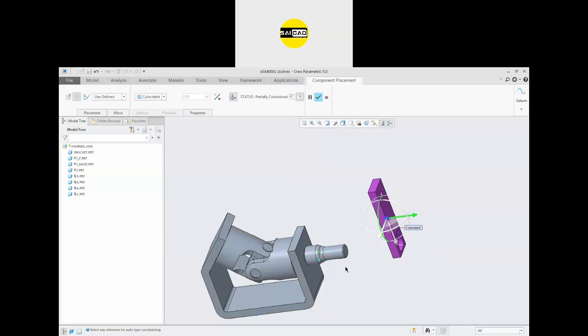Or you could have defined the motion to this one, and these parts will be derived from this part. So you have to apply some minimum relation, not everywhere; you have to apply the relation to some limited parts, not on the derived part.